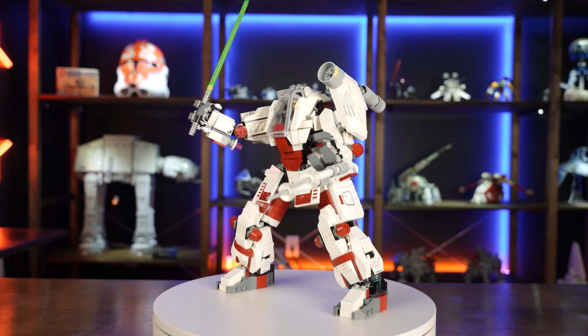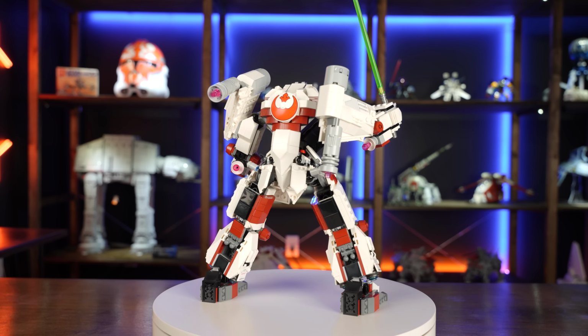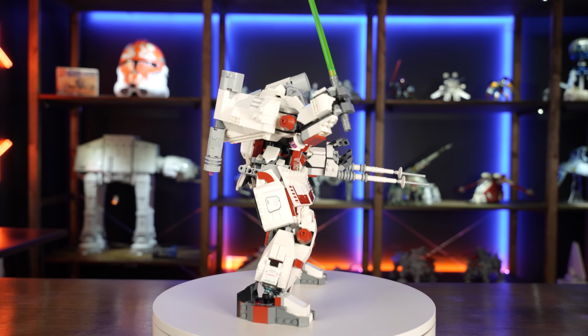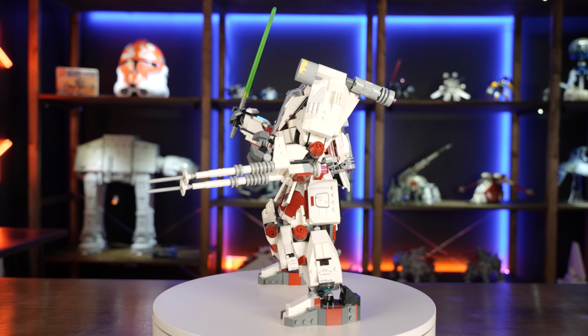I am super happy with the outcome here. I think it's easy to tell that this is based on an X-Wing, and I love the proportions. I'm definitely keeping this thing built for a while. Of course, since this is done now, it needs an enemy to fight against, so let's build a vehicle mech